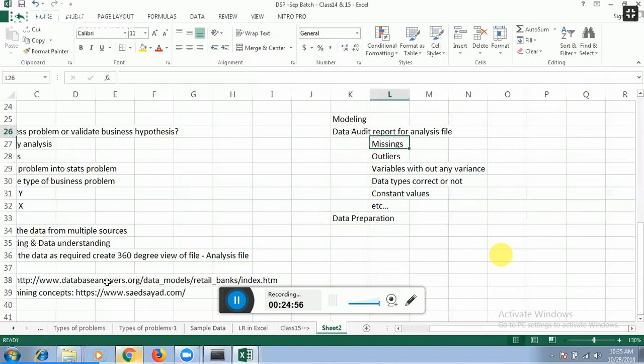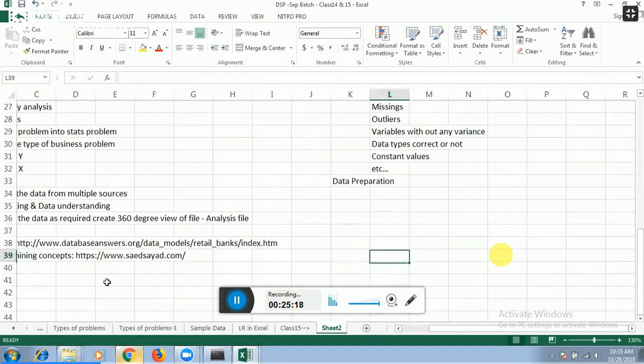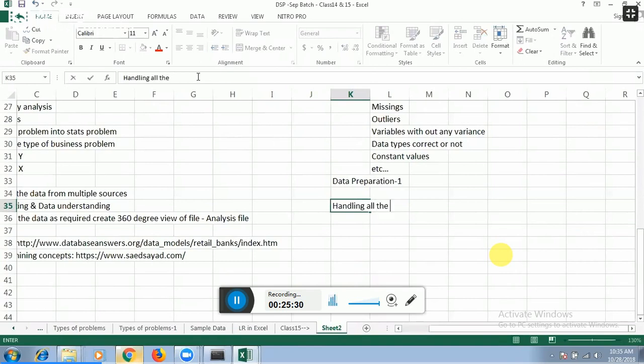Suppose a variable is missing. Why is it missing? First of all, you need to understand from the business. If it is missing, how to handle that missing is the next step which we need to do. First of all, do these problems exist in my data? Then for the data preparation aspect, data preparation step one is handling all the above problems,